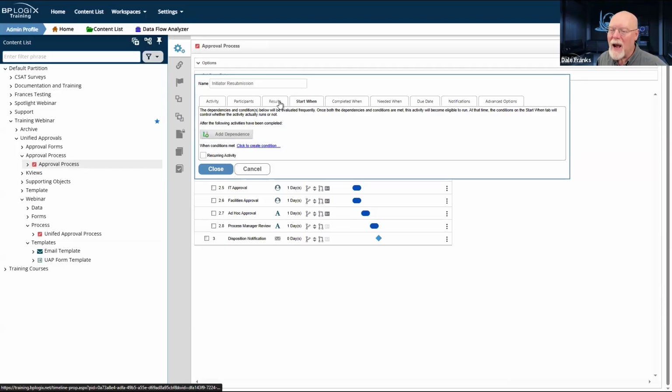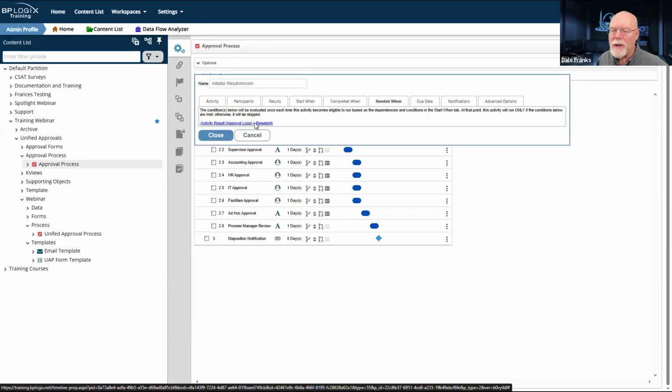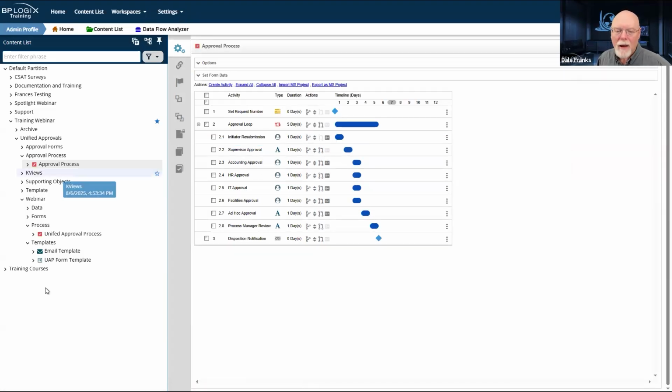So I am going to have to beg your indulgence for how this works. Needed when the activity result for approval loop is resubmit. Okay, that's what I did. So we'll do the same thing down here.